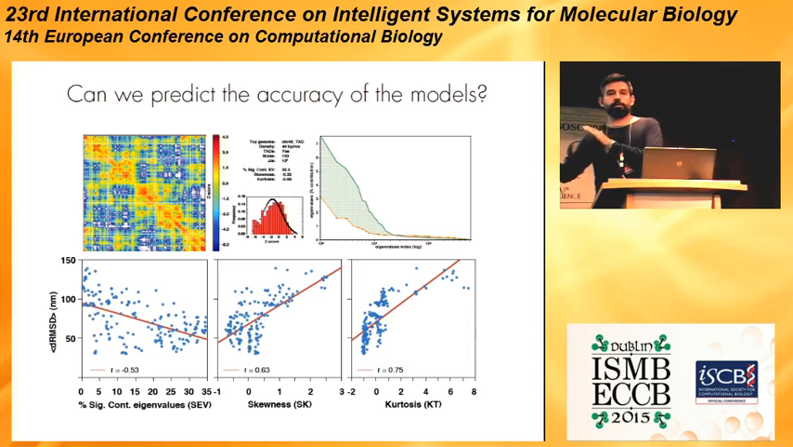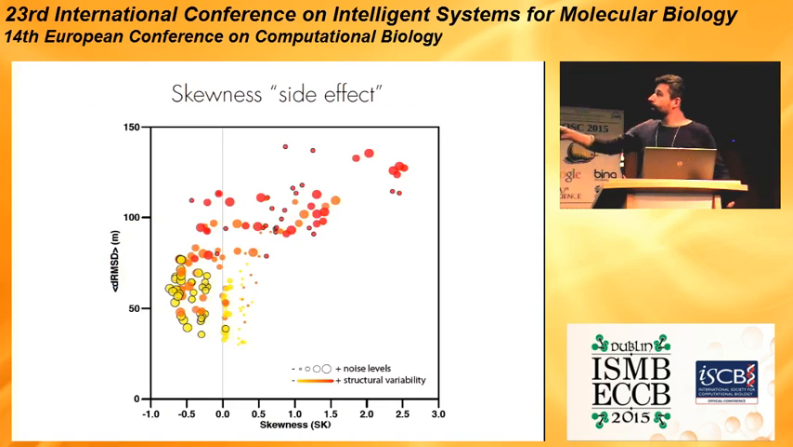Skewness tells you whether you are skewed towards negative or positive values, and the kurtosis tells you whether you have two peaks, one peak, a flat peak, et cetera. And you can see that they also have very nice correlations to the quality of the models. There is also a very nice feature coming from the skewness, which is a side effect, I think, that